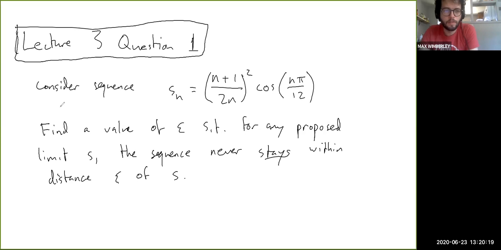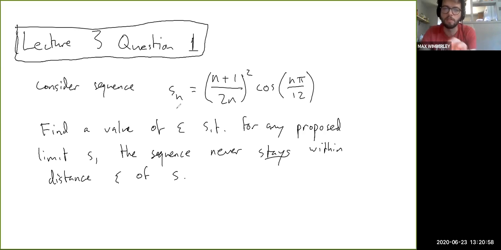So sorry if this wording is a little bit confusing, but basically the idea is, right, if you want to show, I'll tell you off the bat in case it's not clear, that this sequence does not converge to any number, okay? It has no limit. This is a divergent sequence. So the idea is that you can actually pick a number epsilon, right? When you want to show something's divergent, you can pick epsilon and then say, well, if you have a proposed limit, right? Like if you say, well, let's show it doesn't converge to this number, you can pick some number epsilon and then show that no matter how far out you go, the sequence keeps jumping out of the